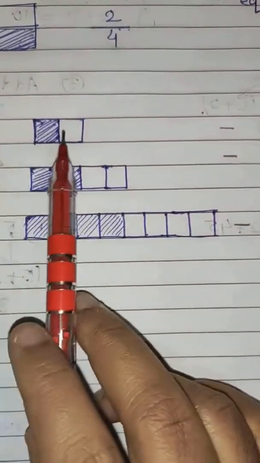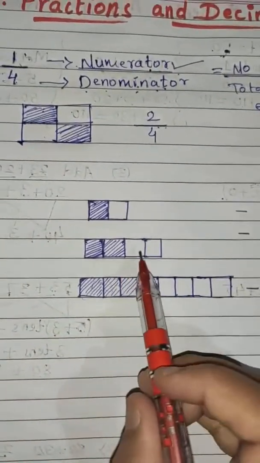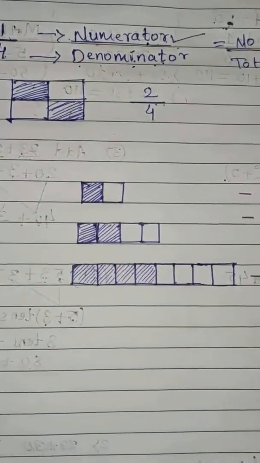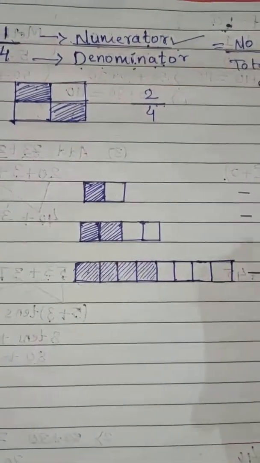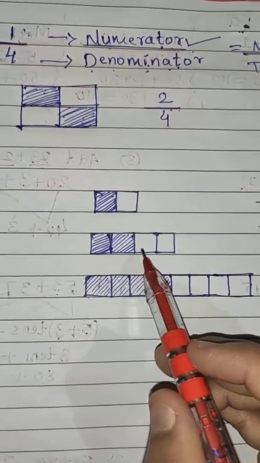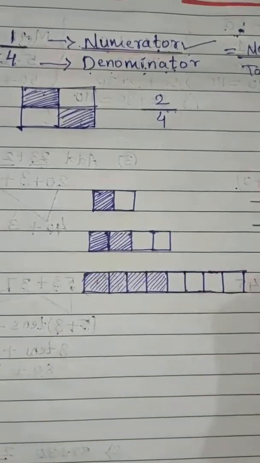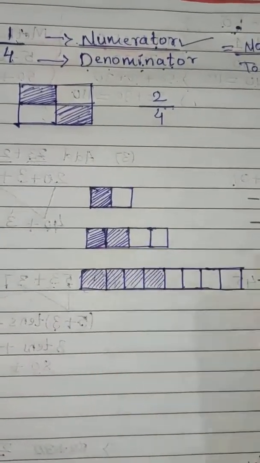Children, can you see these figures here? Yes. Now you have to tell me what is the fraction for these figures. First, let us take this first one. Now, tell me, what is the fraction for this? Yes, it is 1 by 2. Very good. 1 by 2. Okay, next one. What is the fraction for the second figure here? 1, 2, shaded one means selected one, divided by the whole or the equal number of parts. How many equal number of parts are there? 1, 2, 3, 4. So 2 by 4.